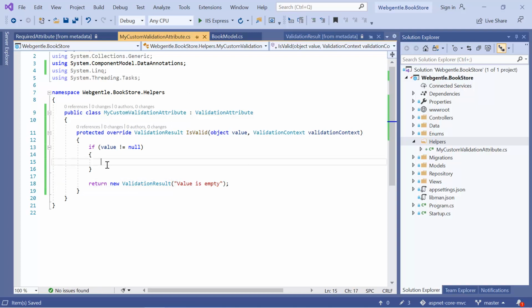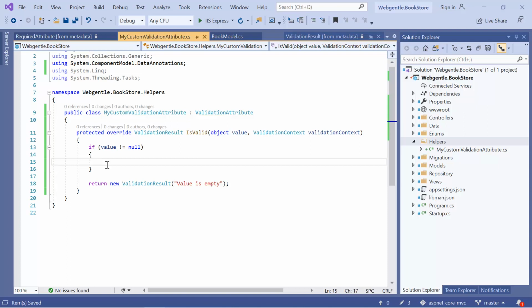Now let's talk about what kind of validation I want to use. Suppose I'm creating a validation just to validate the name of a book, that it must have MVC in the name. The logic might be anything in your case, but just for the demo purpose, I'm using this concept that the name of the book must contain MVC. We can achieve this functionality by using some regular expression as well, but here we need to learn how to work with the custom validation attribute. So I will be using this concept over here.